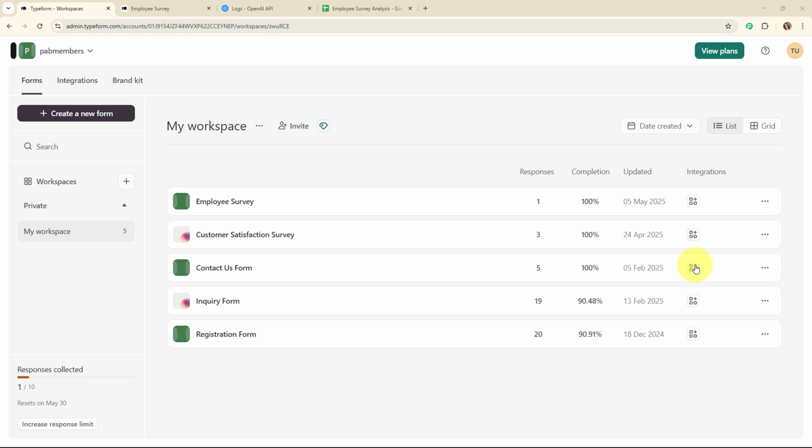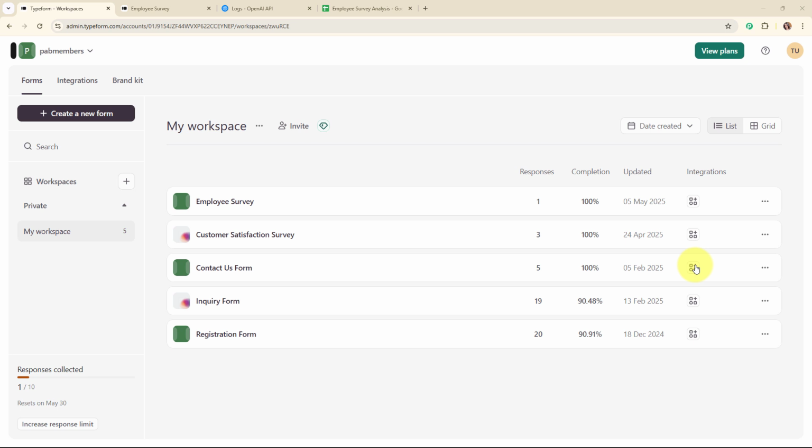satisfaction with ease. Alright, so as you all know, as an HR manager, I regularly collect employee feedback through Typeform surveys to understand their satisfaction, concerns and suggestions. But going through each response manually takes a lot of time and can make it hard to spot important patterns. So by building an AI agent to automatically analyze these survey responses, I can quickly get a summary of key insights like common issues, team morale or areas of improvement. So this helps me make faster decisions, take actions where needed, and improve the overall employee experience without spending hours